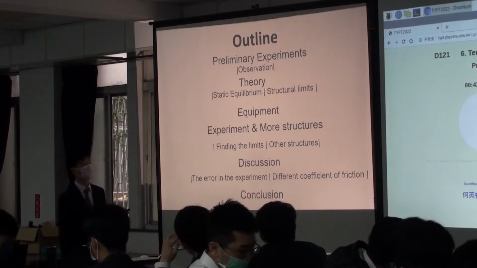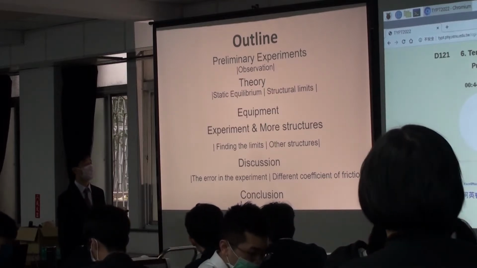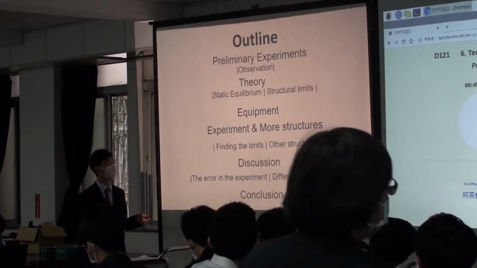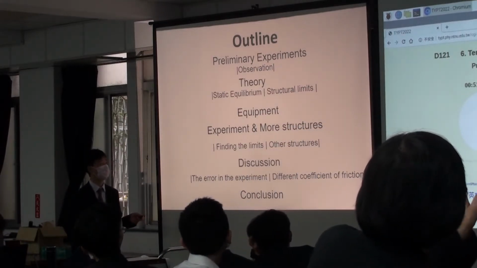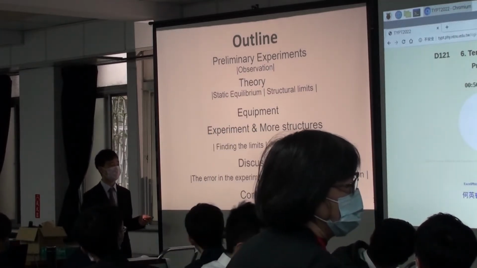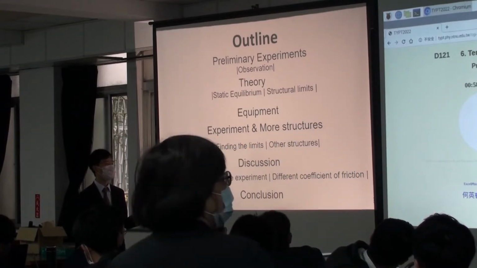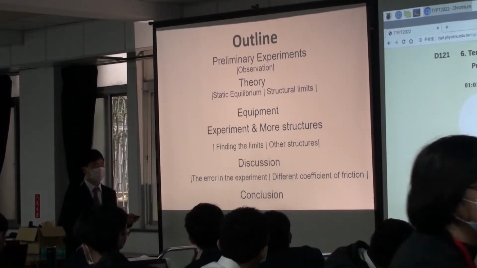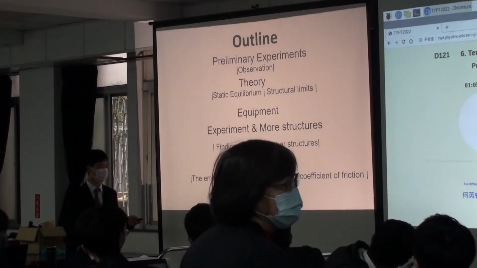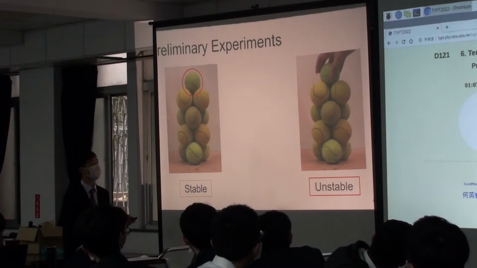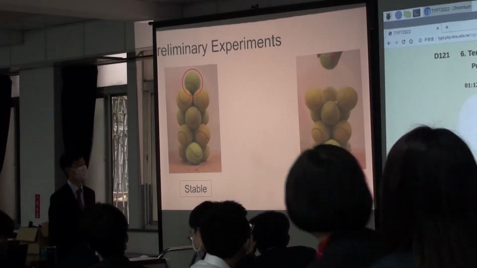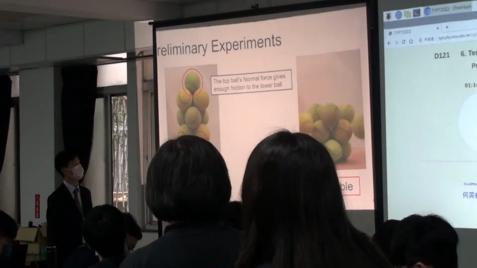First, I'll talk about our preliminary experiment, an observation of how we define stable or unstable. And our theory includes the static equilibrium and structural limits. And our equipment, parameters, our experiment wants to find the limits and other structures, and discussion about the error of the experiment and different coefficient of friction. Last, the conclusion. So first, we define stable when this structure does not collapse,